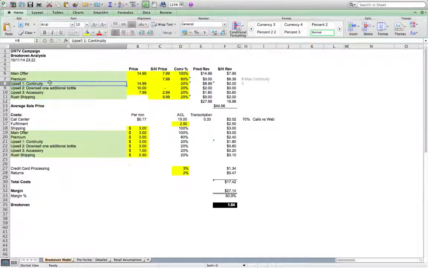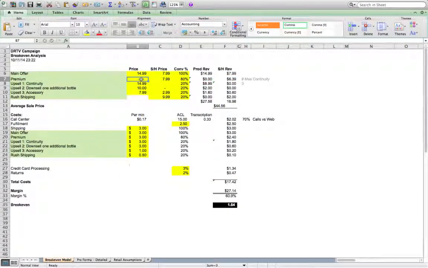So these upsells, like I said, are not mentioned in the TV spot. The premium is. So let's say this is OxyClean, that is the main offer. You might buy a 32-ounce bottle of spray laundry additive, OxyClean, and the premium would be get a second bottle for free, just pay additional shipping and handling. So free, meaning no additional price revenue or offer revenue, but an additional $7.99 that the consumer might pay for